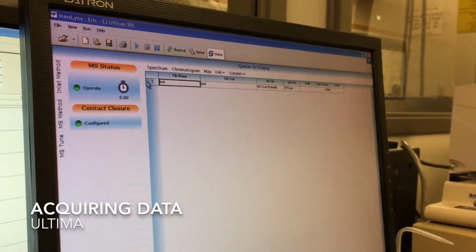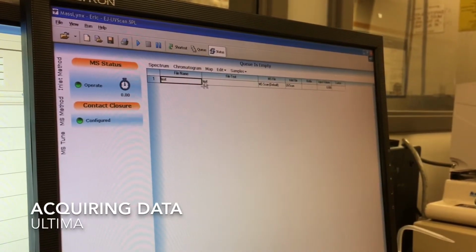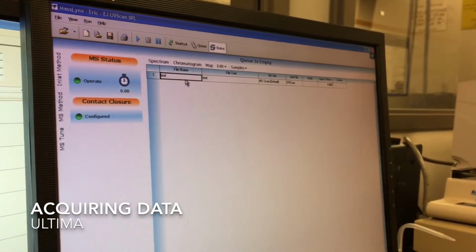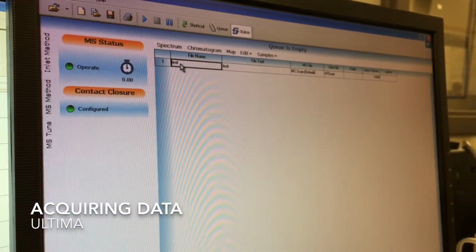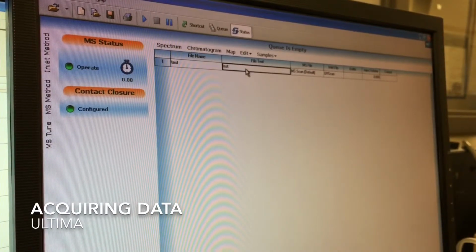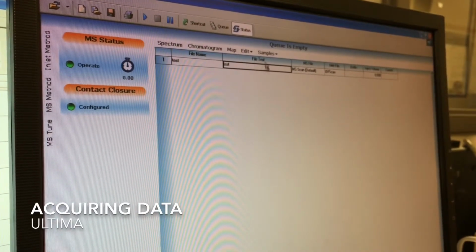In the main MassLynx window, you'll see that there is this sample list here. In this first column, this is what you will name your data file. In this case, we're just calling it test. And if you have any additional text to tack onto that file, you can put it into the file text